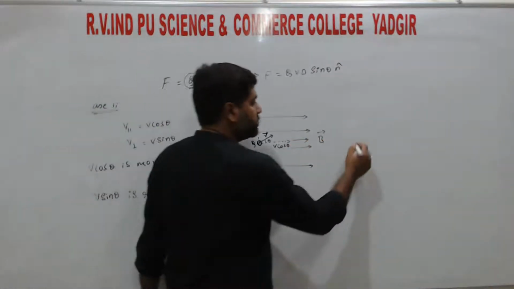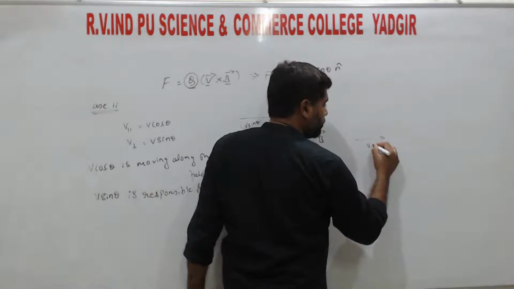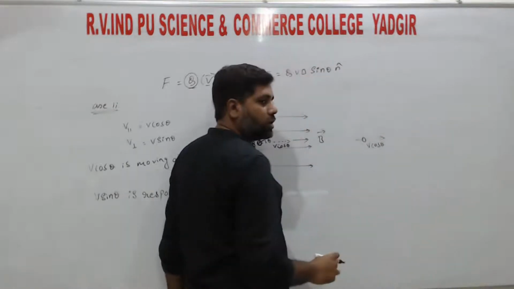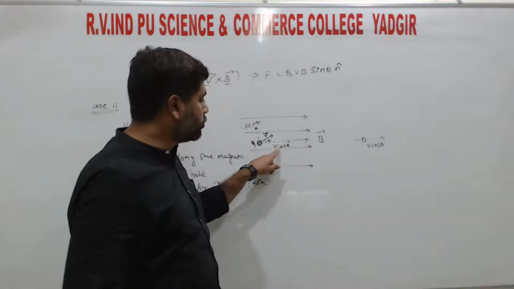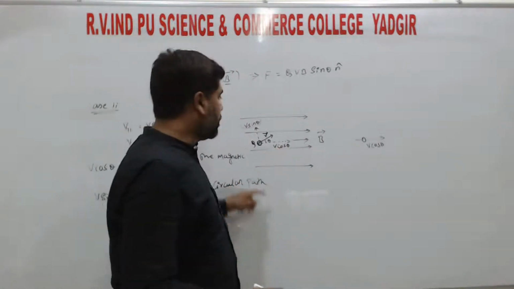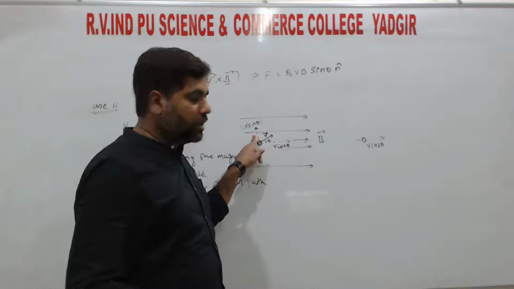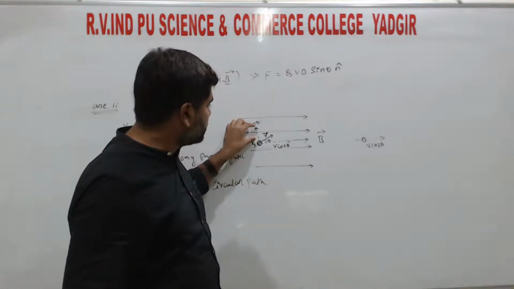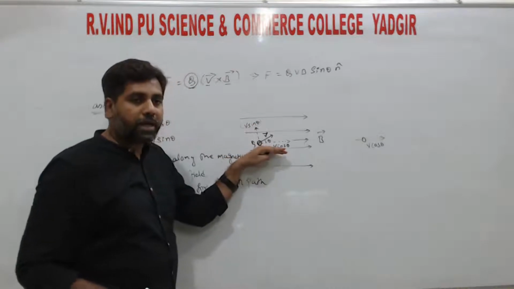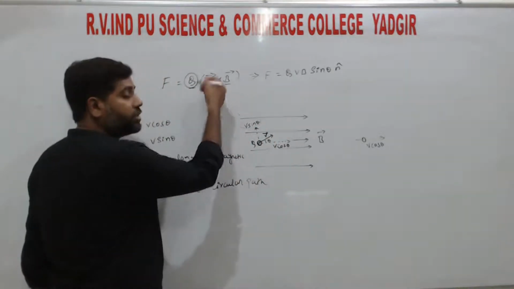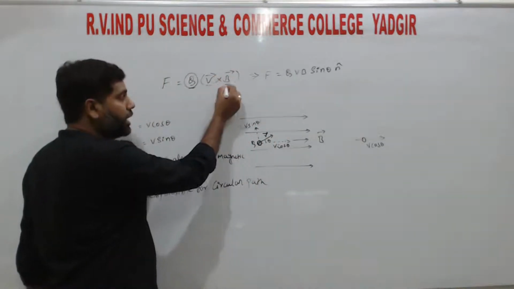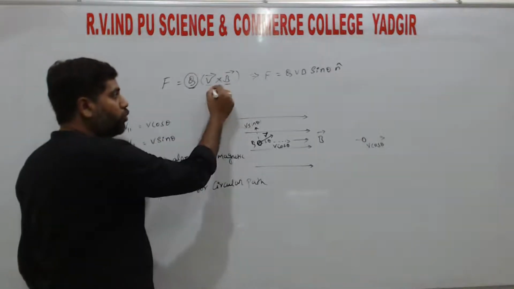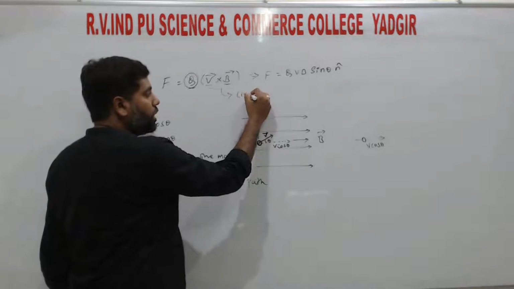So that means it comes separately. This is due to v cos theta. So the charge moves along the horizontal due to the velocity v cos theta, and due to v sin theta, here also we have a velocity, which is perpendicular to the magnetic field. Again from this relation, in the first case we studied that v and B are perpendicular to each other, which means the charge will move in a circular path